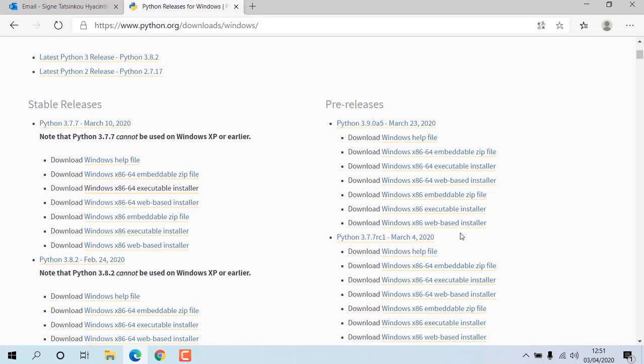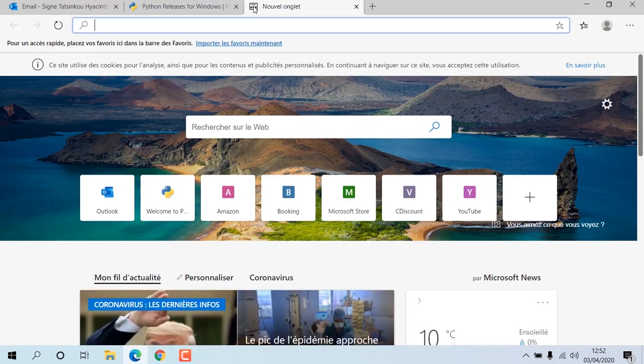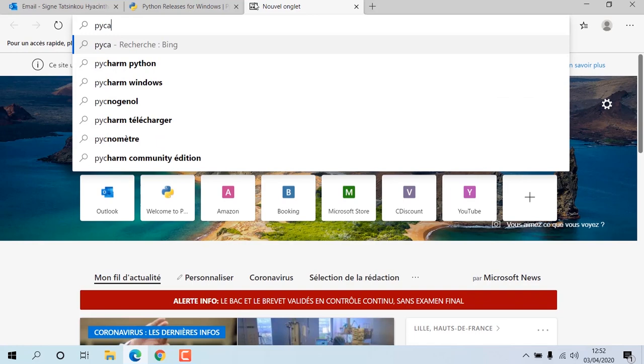You can write Python code in the terminal, but the problem is that it will be very boring. There is something called an IDE, which means Integrated Development Environment, which helps you to write Python code in an aesthetic way. One of the most popular IDEs for Python is PyCharm. So I'm going to show you how to install PyCharm. So you just have to type PyCharm,